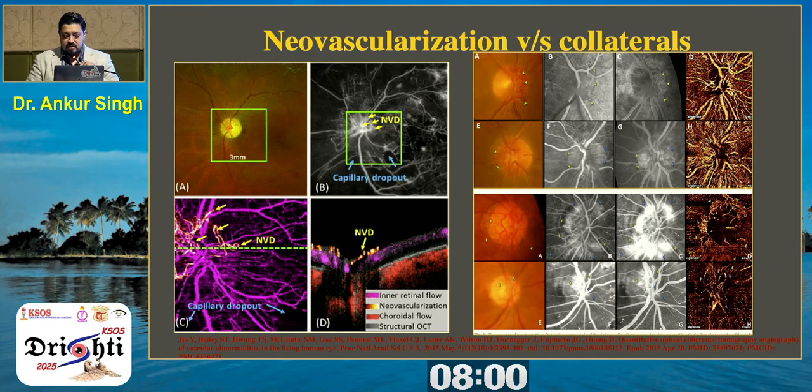So in our pioneering study as well as the study from Bali et al., we can clearly delineate between neovascularization as well as collaterals by just looking at two things. One, the morphology of the vessels. Second, the flow. If you see flow in the vitreous with abnormal vessels present, you're probably looking at a